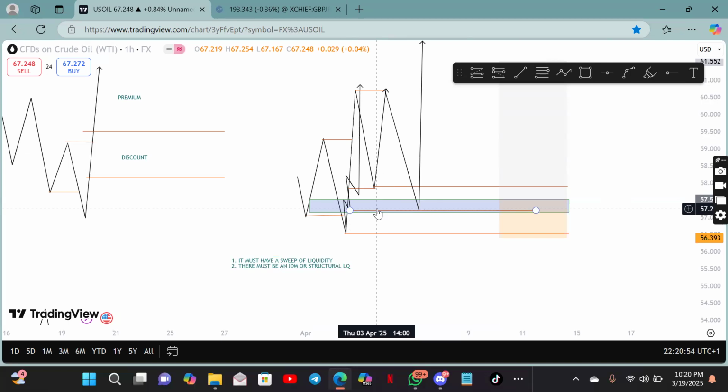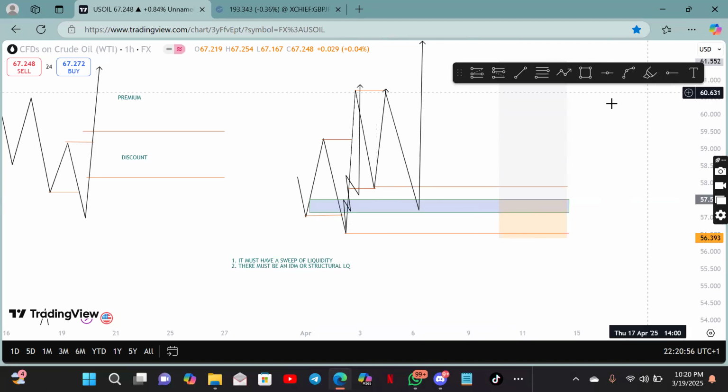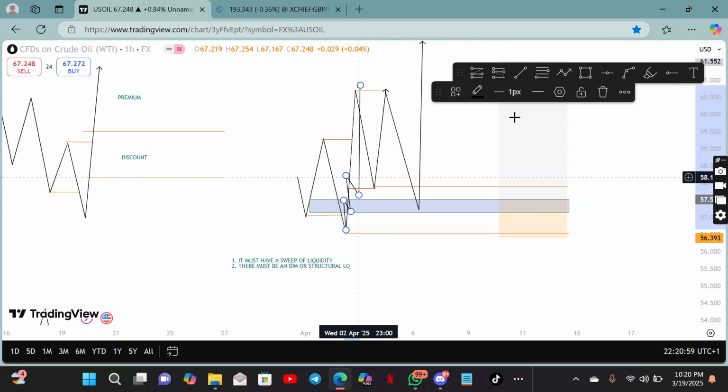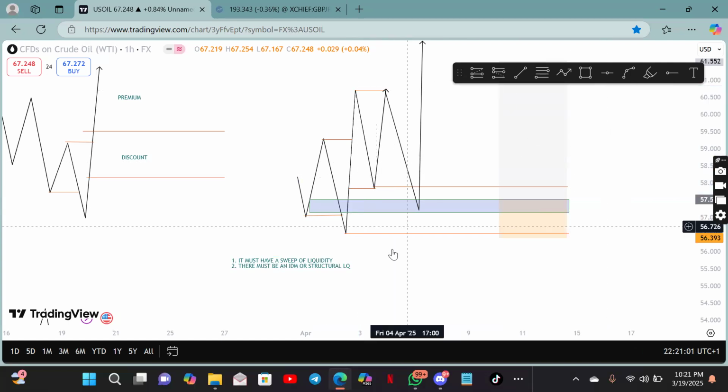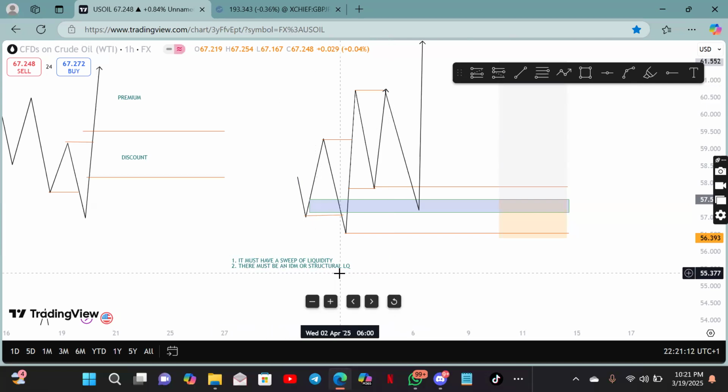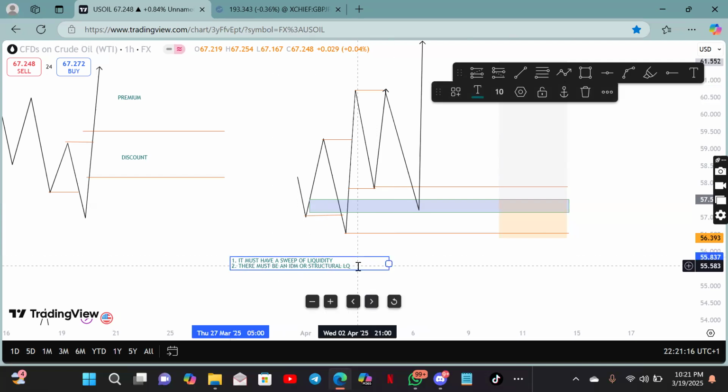Do you understand? Okay, it's very simple now. I don't know why we're dancing around it. But maybe when we backtest, you understand more. You know, when you are giving an example, it seems, okay, this is what you meant. Okay, it might just come to you like that. Yes, there must be an inducement in the trade. Do you get? And there must be a structural liquidity.